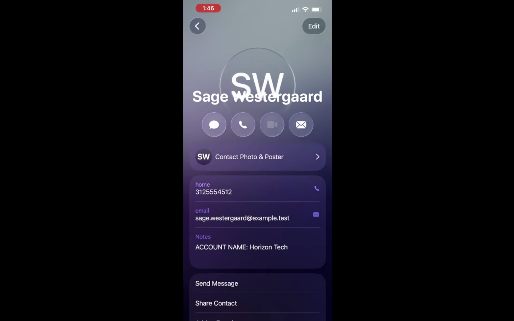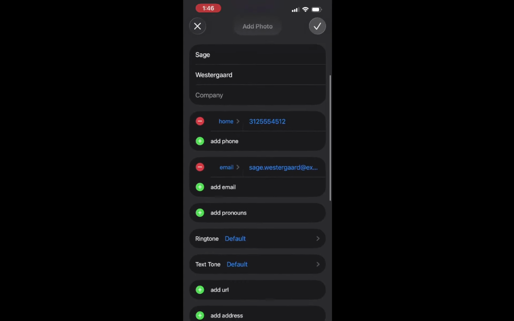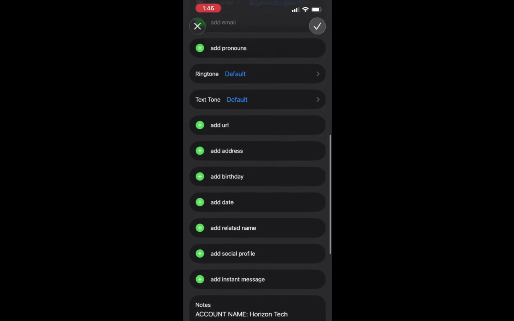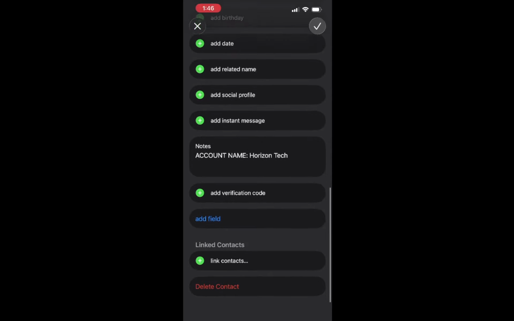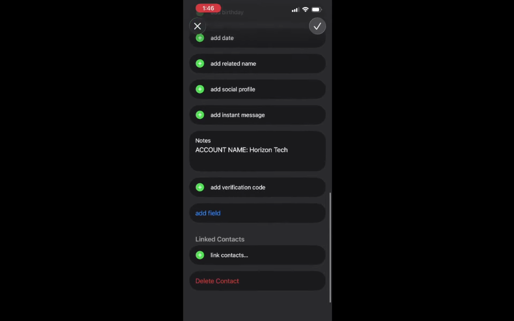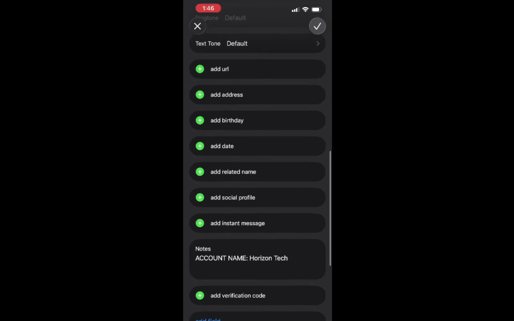Now, add or locate the birthday field. If the birthday field is not visible, you might need to scroll down through the contact details. If you are creating a new contact, look for the option to add fields such as Add Birthday. This is a crucial step because the birthday field is where you'll enter the specific date, ensuring it syncs properly with your Apple Calendar later.